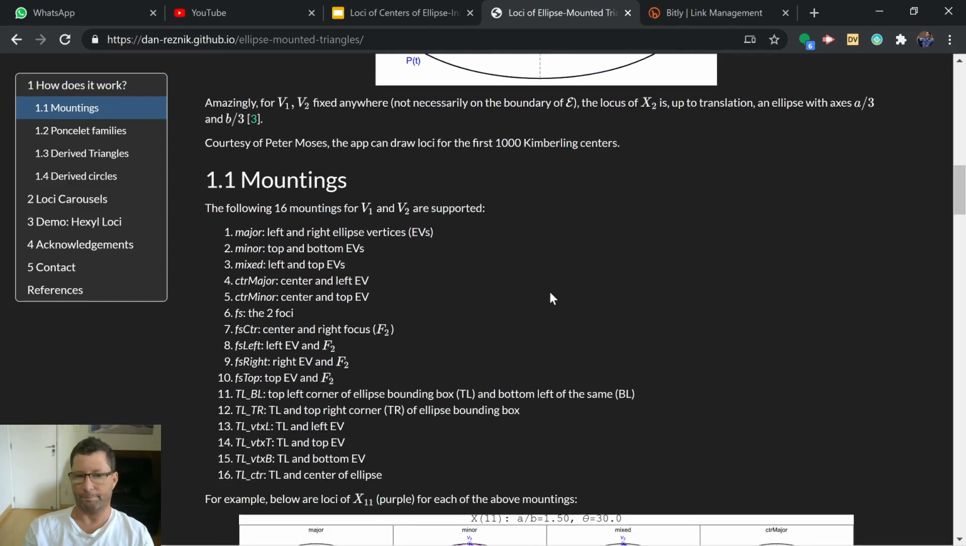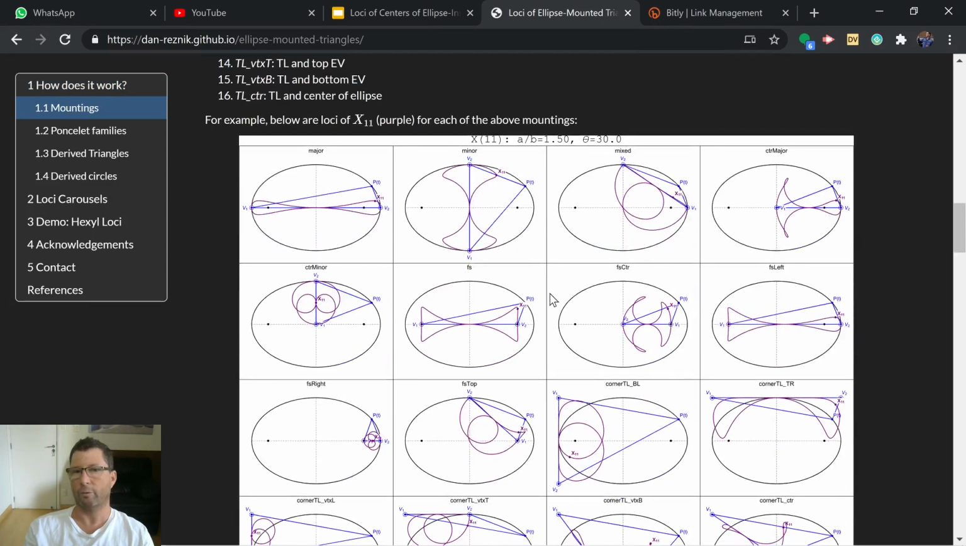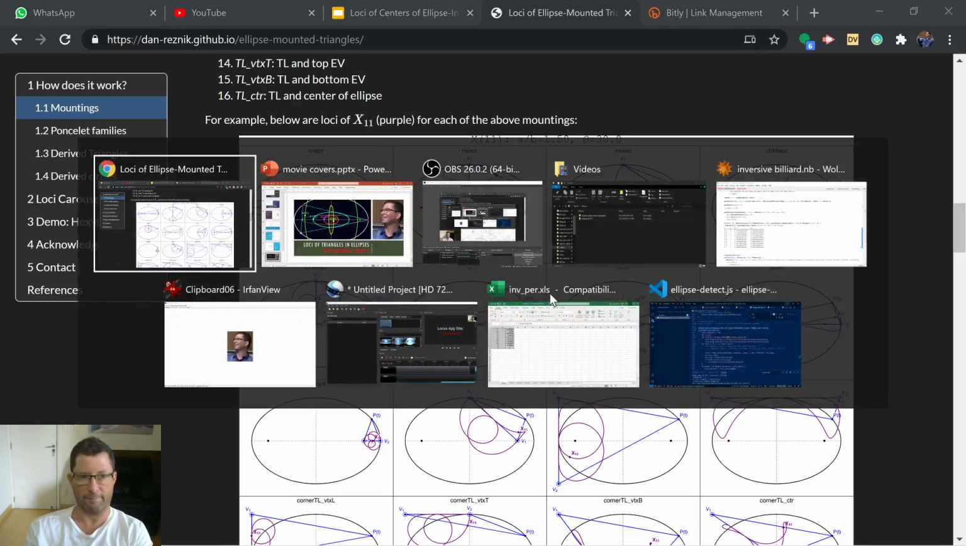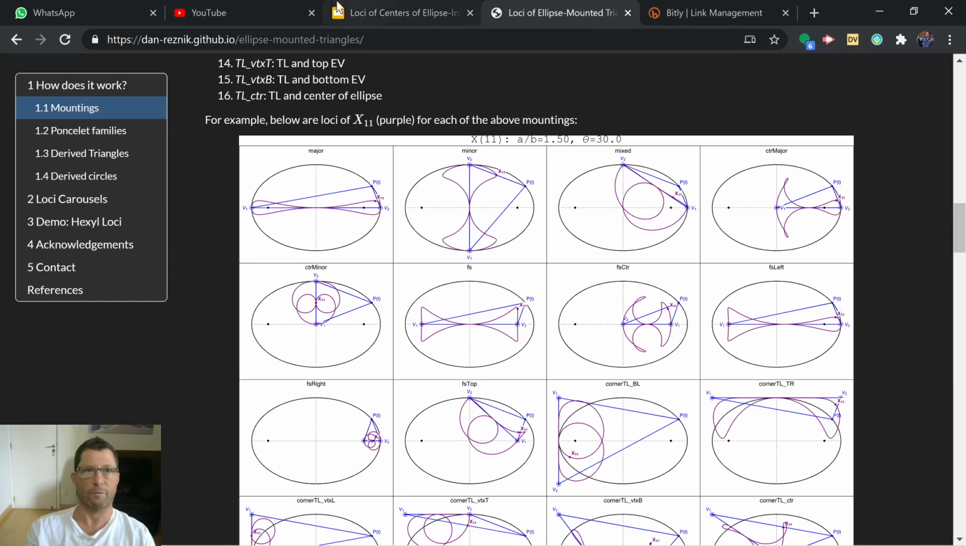Okay, so what we did do, and this is the subject of this second part, is we can actually not only look at different triangle centers and their loci, we can also change the triangle family that we're going to be investigating. So today we're going to be looking at different families of triangles. If we switch back to the application, which is over here,